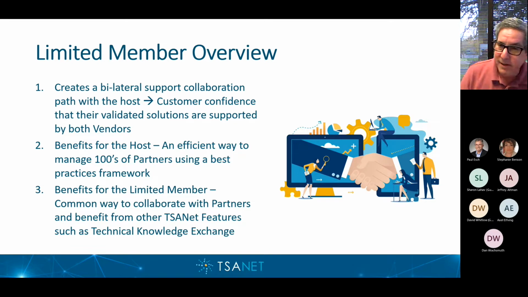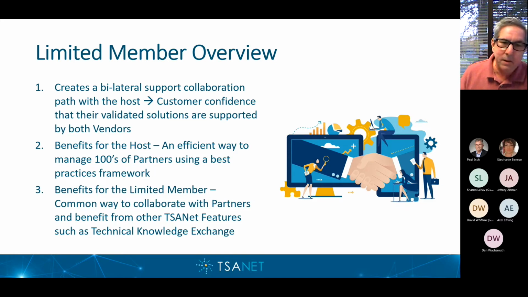For you, it's a very easy and common way to collaborate with that host partner, and also take advantage of things like this technical knowledge exchange. Again, if I look at this from a host's perspective, they've got the ability to collaborate with, in some cases, hundreds of companies.